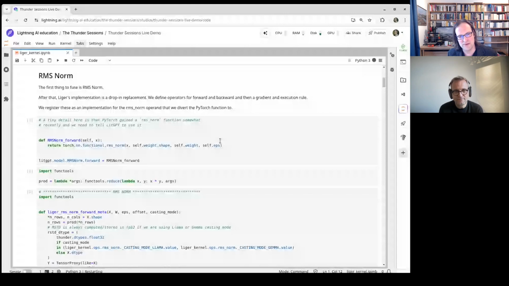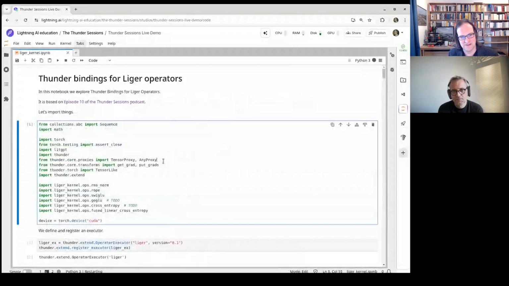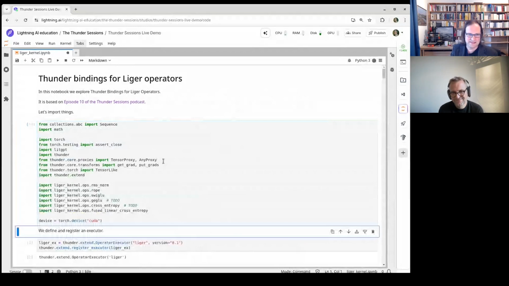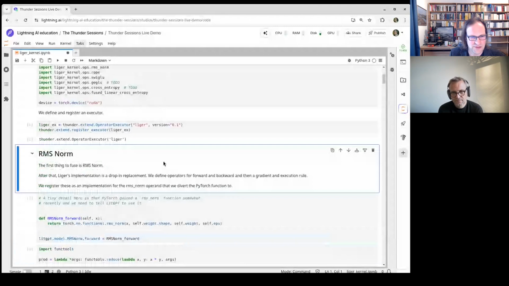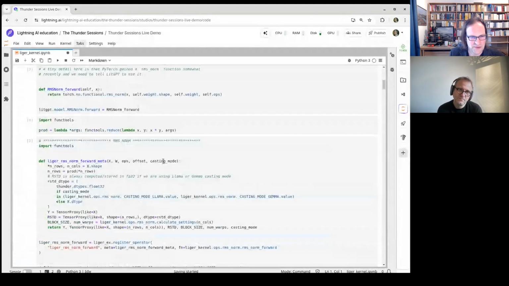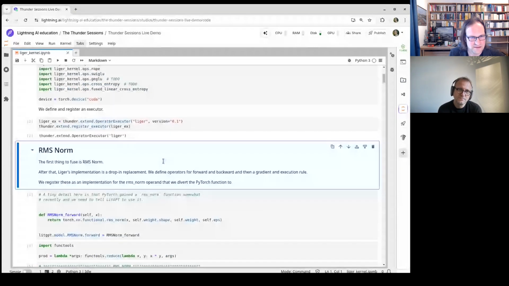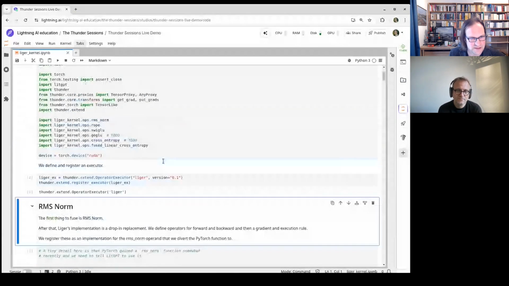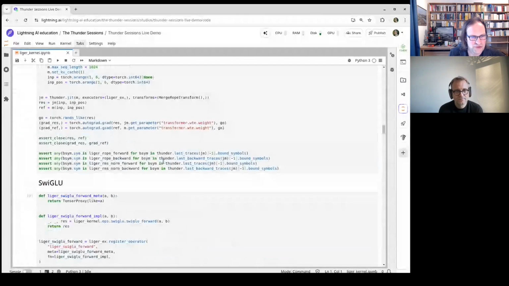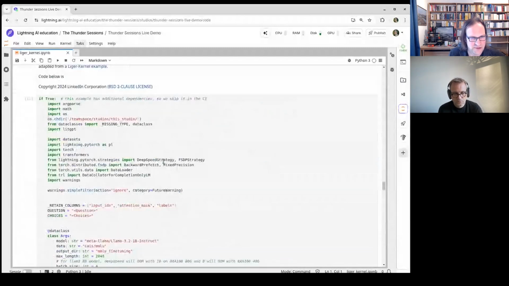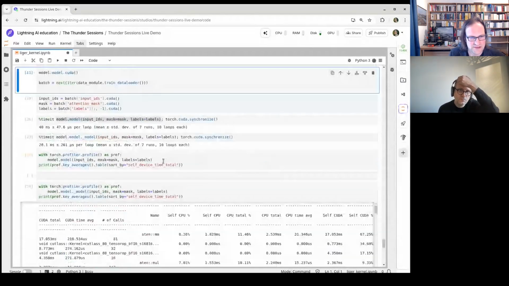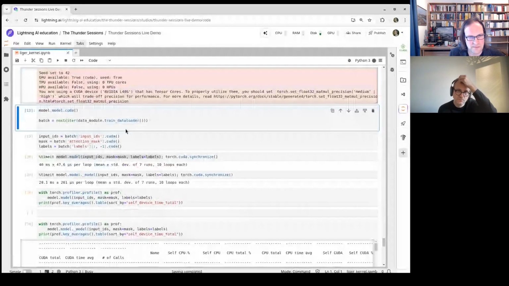I mean, one thing we could do here is, and this plays weird tricks with the notebook format, we could skip all the custom operators and go right to the... Did I also skip the monkey patching? Yes, I did. So we could go right to the example now, and of course this will recompile.